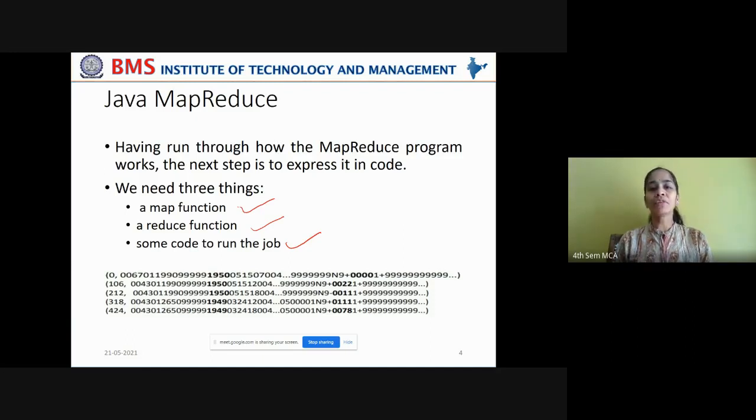This is a long process, but if you focus, it is very easy to understand. This program, if you don't understand, you can't remember and write it, right? You have to understand it line by line so that it will automatically strike you to write it in the exam very easily.